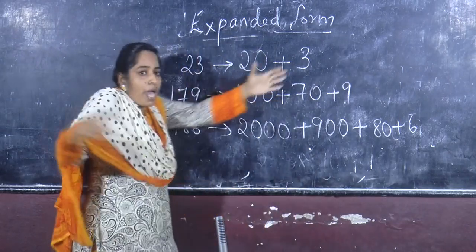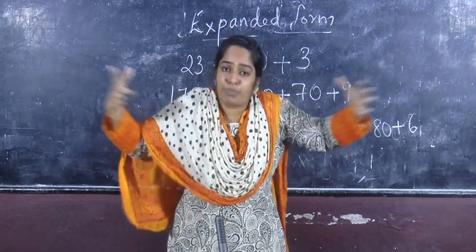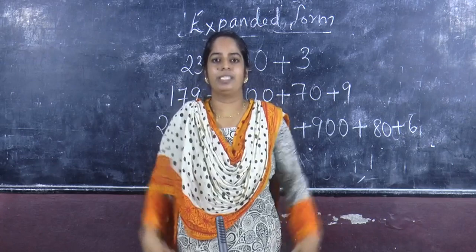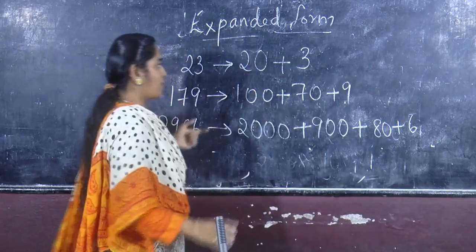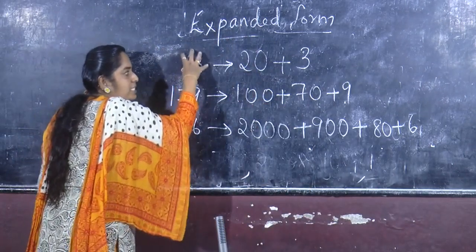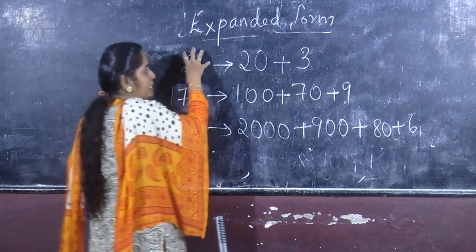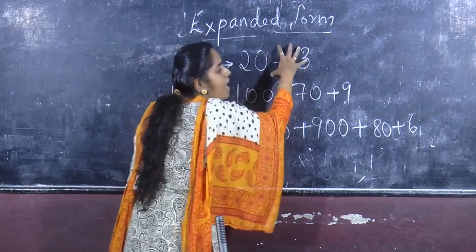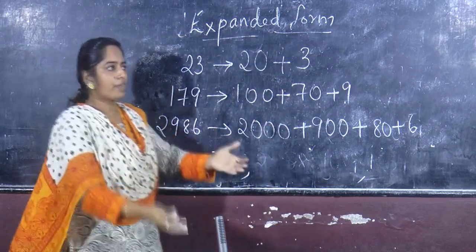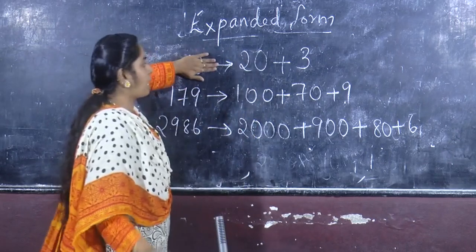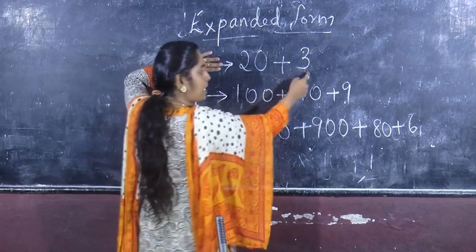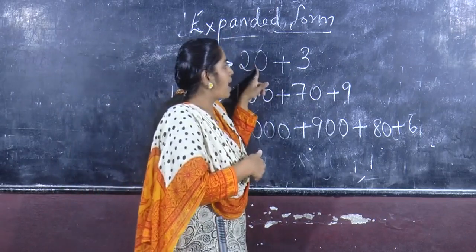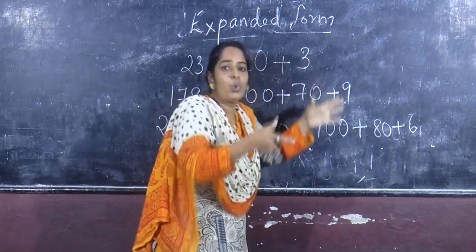Okay. So expand means we are expanding. And the standard form means we are standing straight. Standard form, we are standing. Like that we must think. Here expanded, this is the standard form. Okay, children, this is the what? Standard form. This is the expanded form. So when they have given 20 plus 3, how will you write 20 plus 3 in the standard form? Because here if they have given 20 plus 3, 2 is in the tens place.